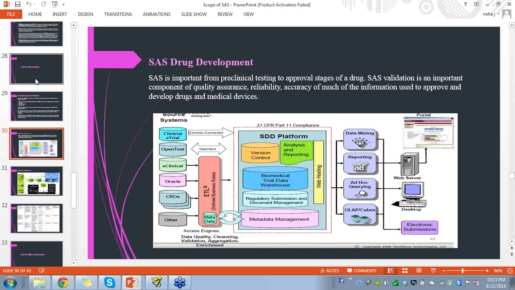Okay, so for each phase, suppose the first phase, whatever data comes after that goes to a SAS developer, who will analyze the data and generate the report. Then it goes to the FDA and other government bodies, and they will approve it. So basically this is our work: to analyze the data and produce the report. Okay,